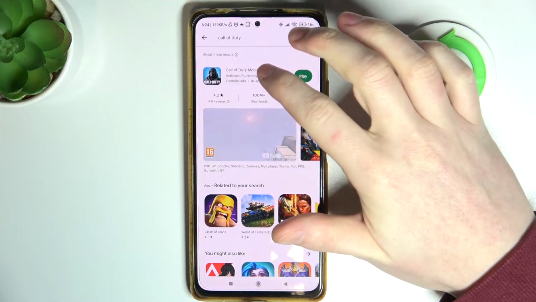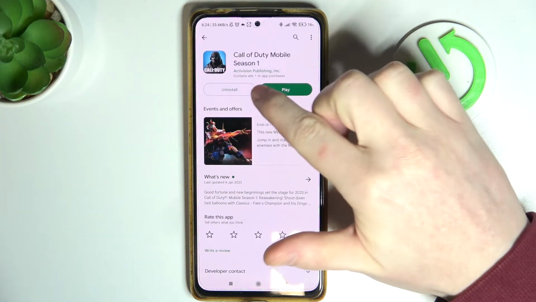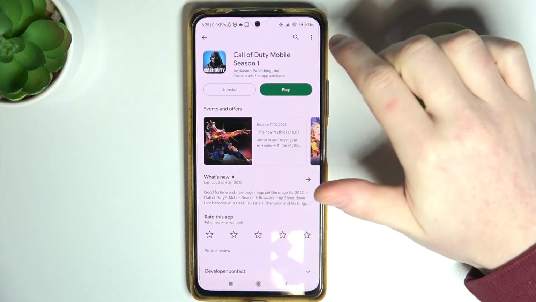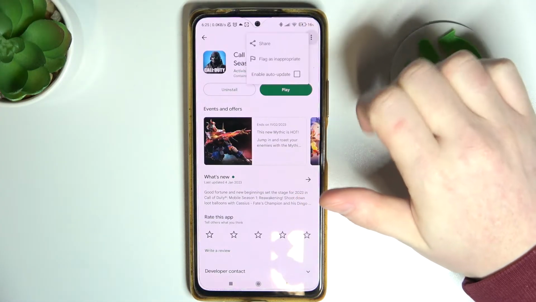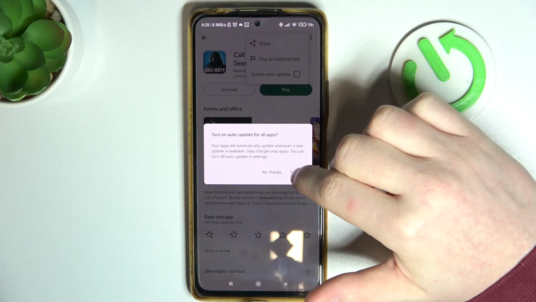Now right here you can see the game, so click on it, and if there's any updates available, you'll be able to see the update right here. Click on it and the update should download. Also, you can click on these three dots and here enable the auto update, and that way the game will